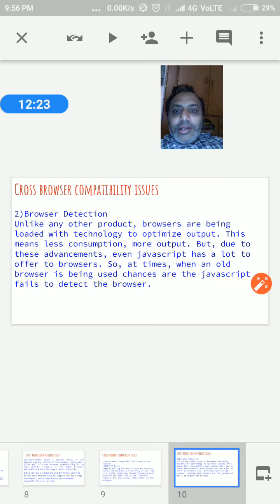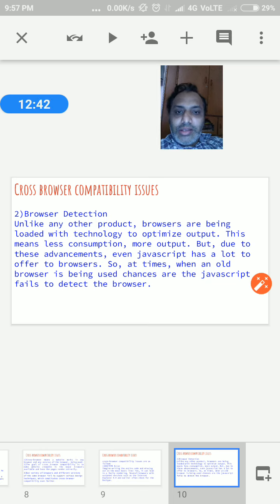Second, the browser detections. What we wrote in the presentation: unlike any other products, the browsers are being loaded with technology to optimize the output.